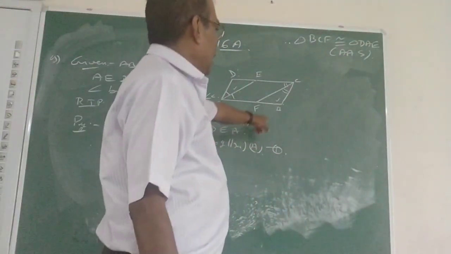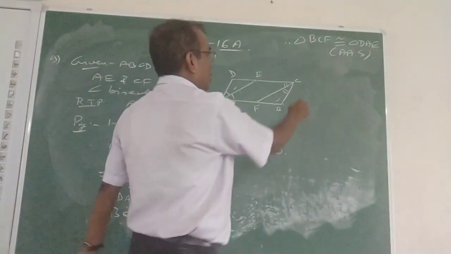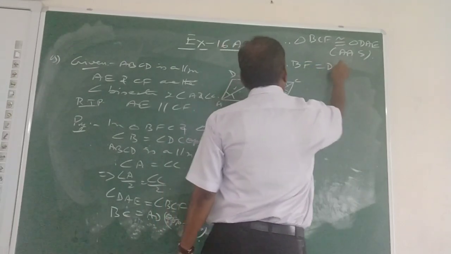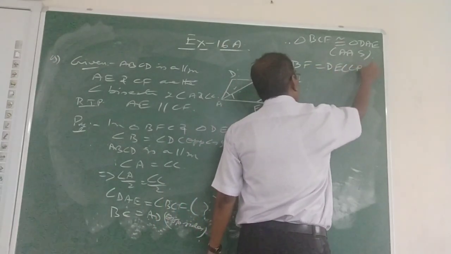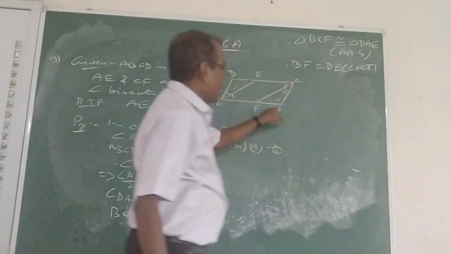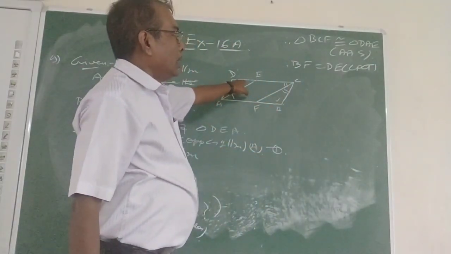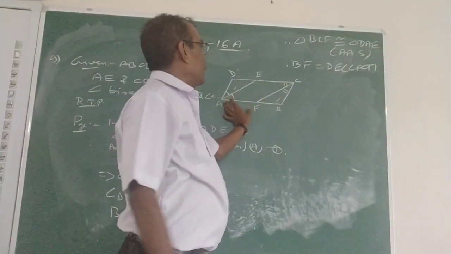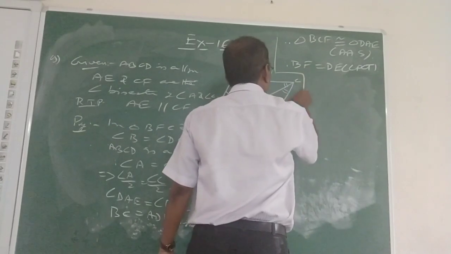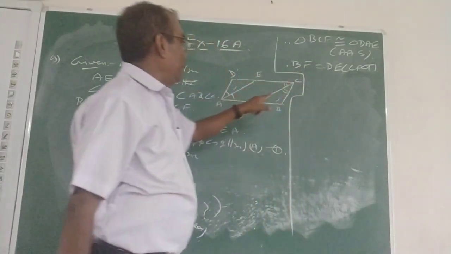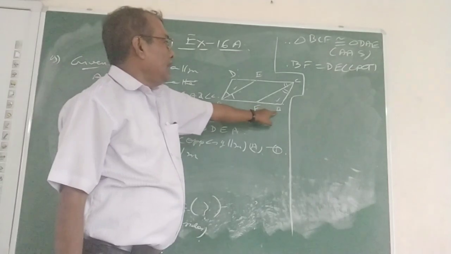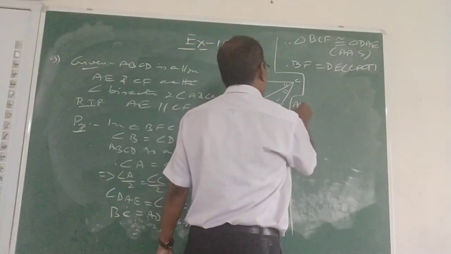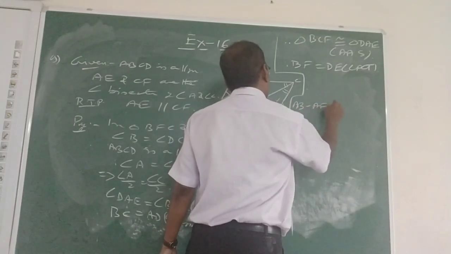If the triangles are congruent, then you can say that BF will be equal to DE. Therefore, BF is equal to DE, as these two sides are equal. Now BF you can write as AB minus AF. Just go through the diagram: BF is equal to AB minus AF, which is equal to